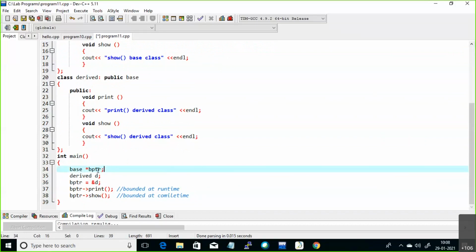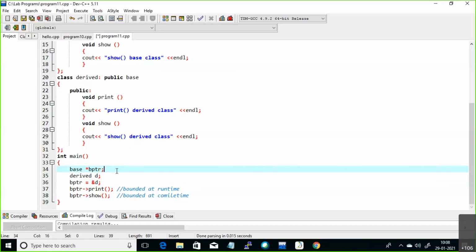This is the way you can create. Objects also have some address. That address you can store in your pointer, right? Pointer means it is a variable which can hold the address of another variable. In the same way, objects also have their own address. That address you can store in an object pointer.